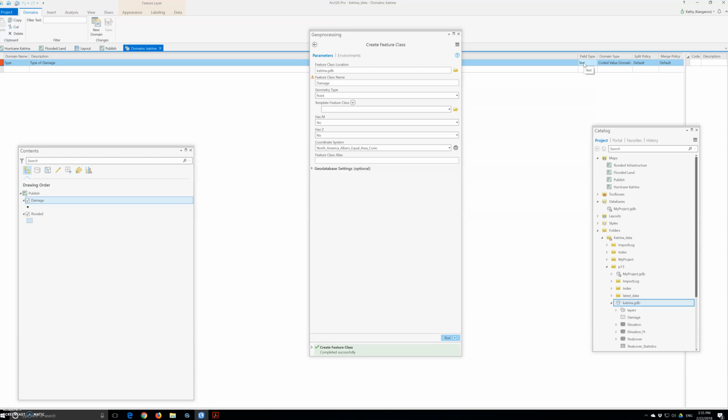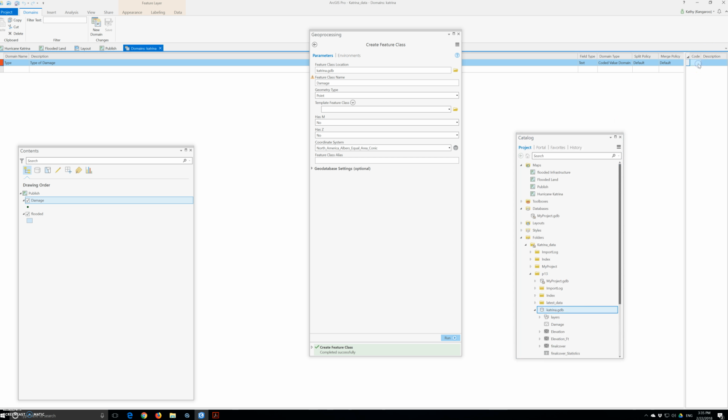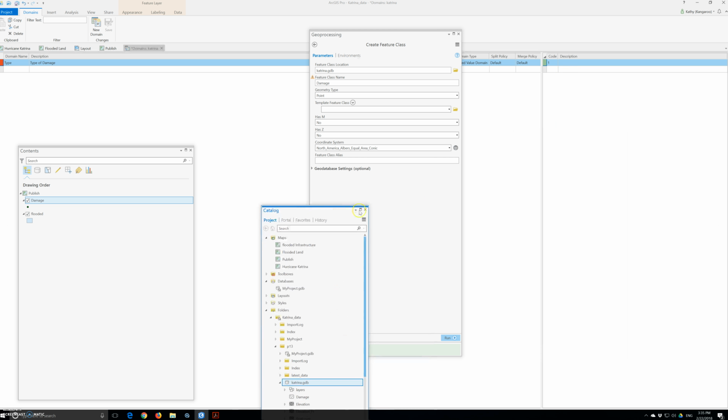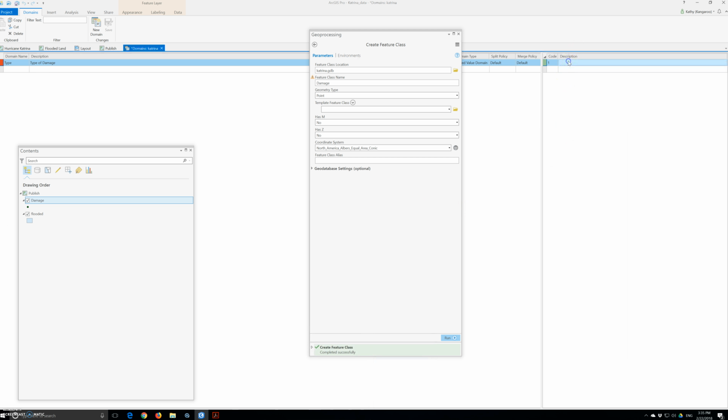Enter the following information for code and description. So code value domain, and click here. Code 1, we will move this. So the first one, code is 1. I'm going to drag it here so we can see it a lot better. I don't need this. So for the description, that I have